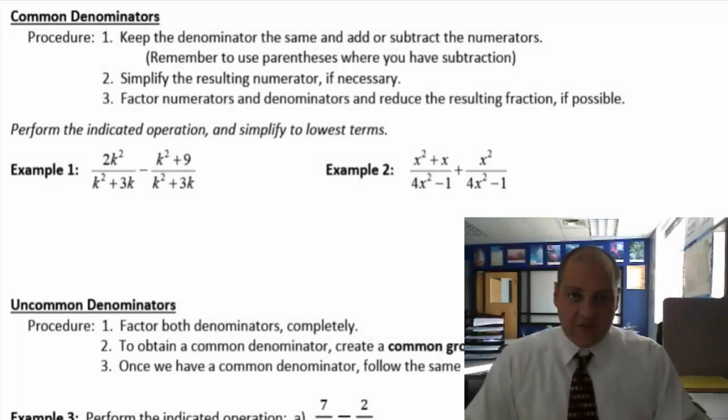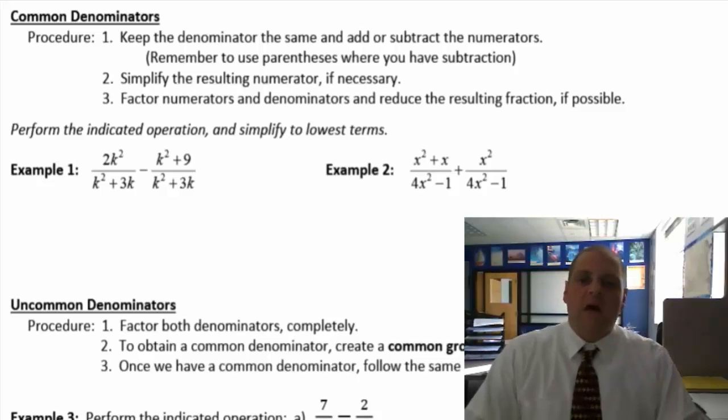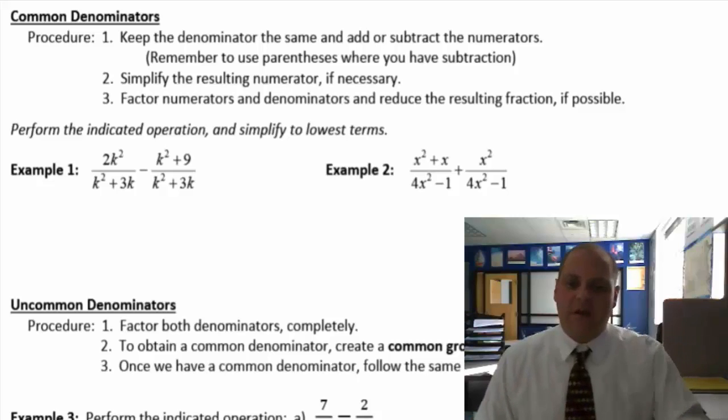We're going to get into adding and subtracting rational expressions now, moving on from the multiplying and dividing, which we previously have done. We're going to start with the easier ones, which are those that have common denominators. You're probably not going to see these too often. We're going to be mostly given uncommon denominators, but I just wanted to show you how, let's say you had